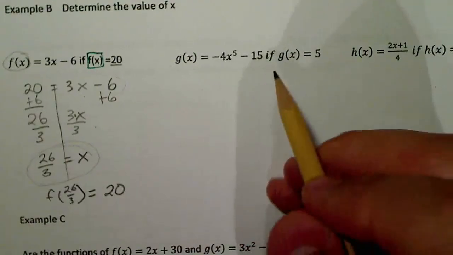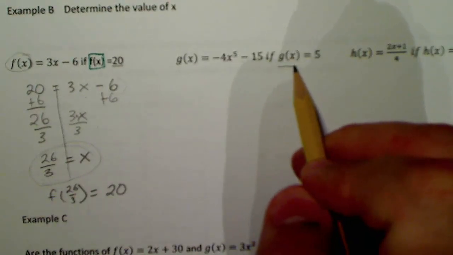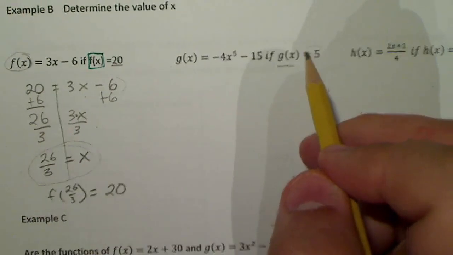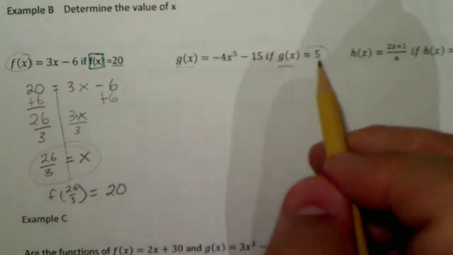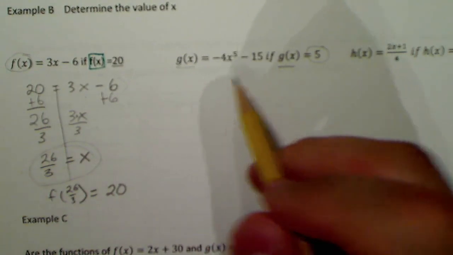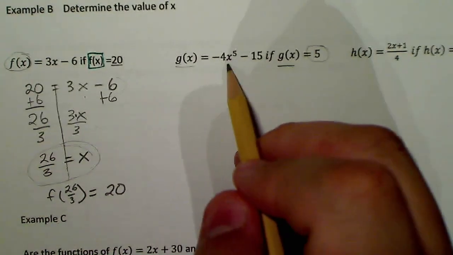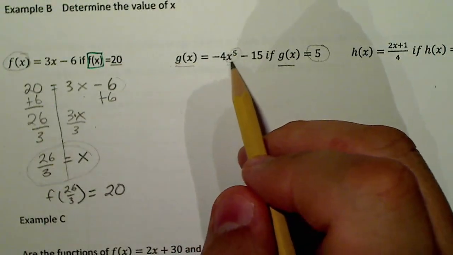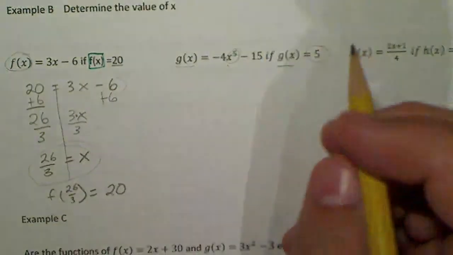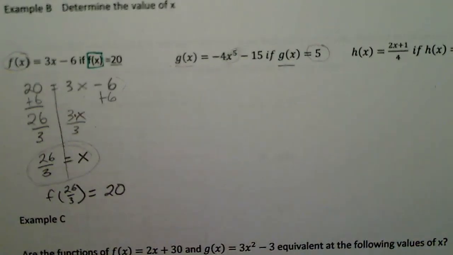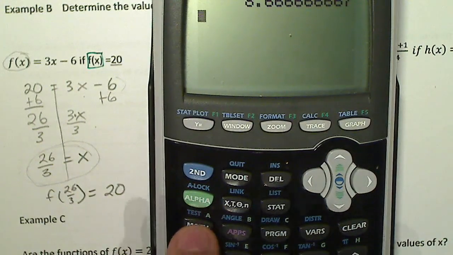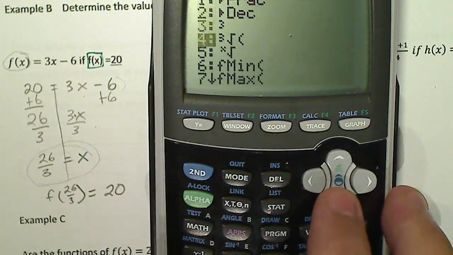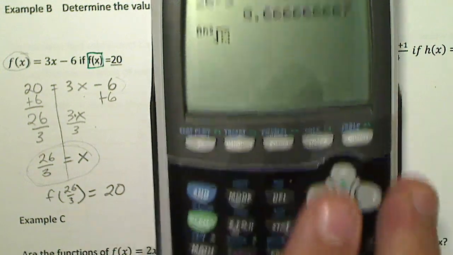Same idea. g of x, we're going to replace with the value of 5. So wherever my g of x is at, which is right here, I'm going to replace that with the value of 5. Now, I will set it up for you, and then I'll pause it so you can try it. Right here, when you get to this 5, you will have to do what's called a fifth root. Now, if you don't remember where a fifth root is at, that's okay. If you go to math, right here, number 5, allows you,